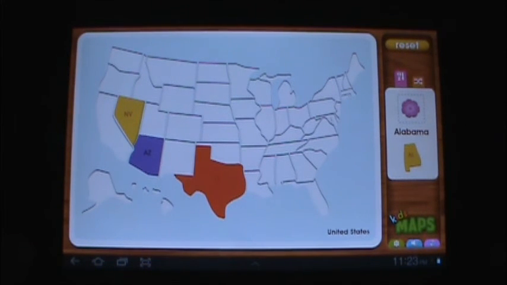And I know that when it comes to the quality of applications on things like the iPad, they do have quite a bit of good educational applications, and I was very impressed with the Kids Maps app. I gotta say, I recommend it,